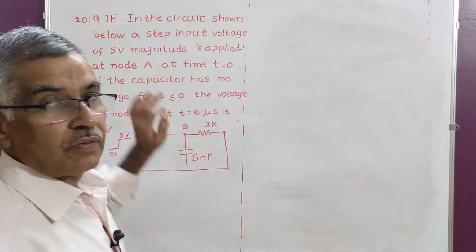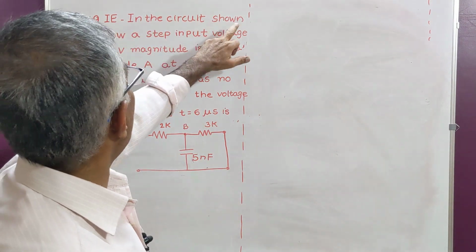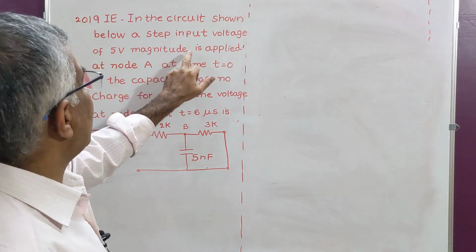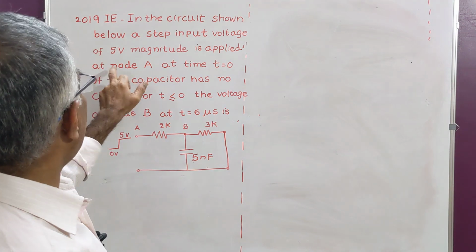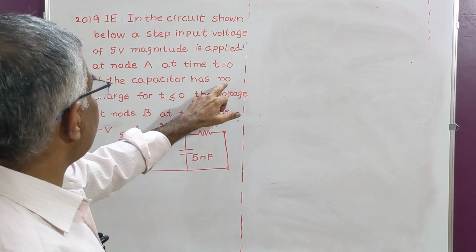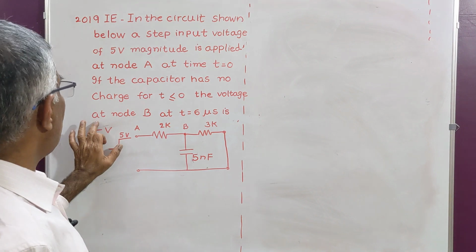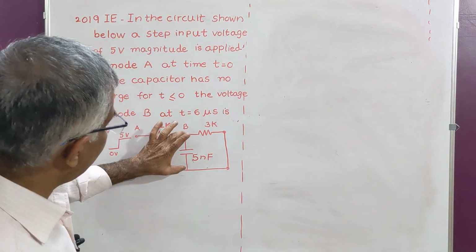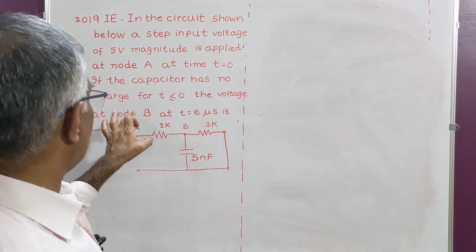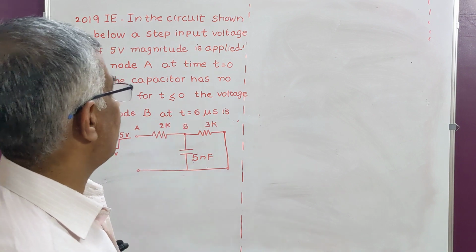The next problem, once again from the instrumentation engineering paper. In the circuit shown below, a step input voltage of 5 volts magnitude is applied at node A at time t equal to 0. If the capacitor has no charge for t less than or equal to 0, the voltage at node B means the voltage across the capacitor. What is the voltage at node B, or the voltage at the capacitor plates, at t equal to